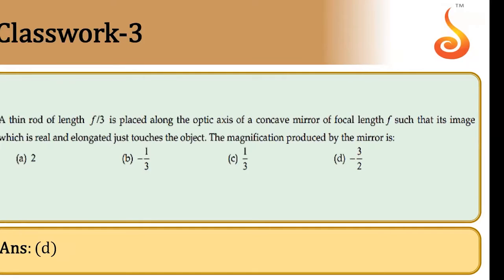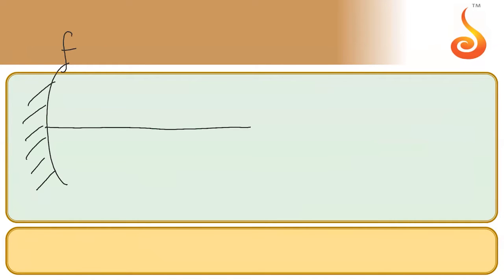Let's understand what he is asking us, and then we will discuss and go ahead. Let's go to a blank screen. Very popular question. Possibly, if you have done this before, you would have seen it somewhere in other books also. Now, this is my concave mirror, and its focal length is given to me as f. This is its principal axis, and along the principal axis, I have an object whose length is given to me as f by 3. This point is the focus. This point is the center of curvature, which is also 2f.